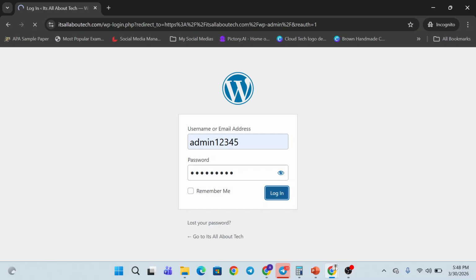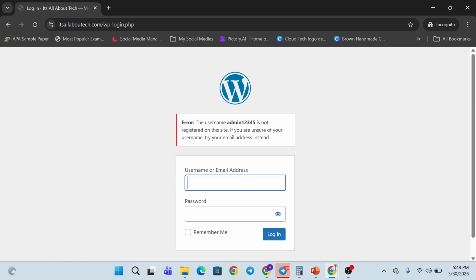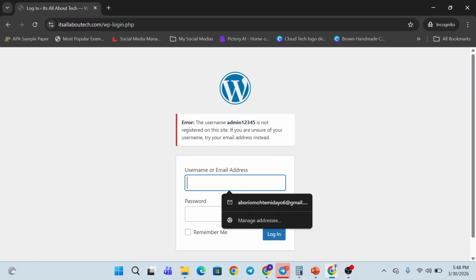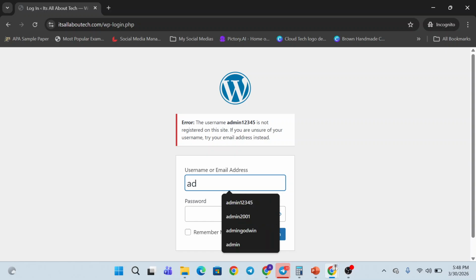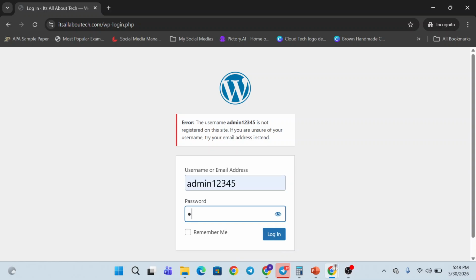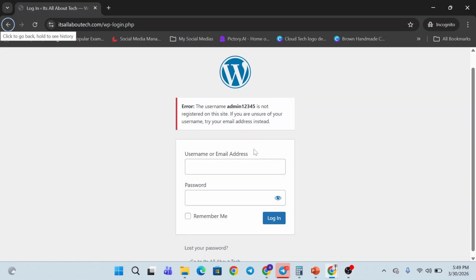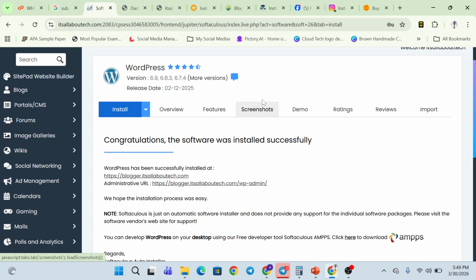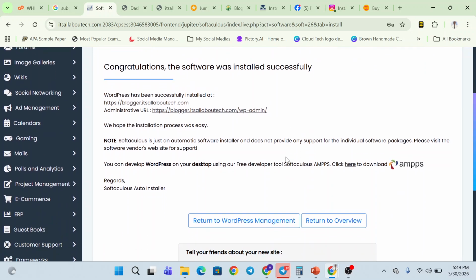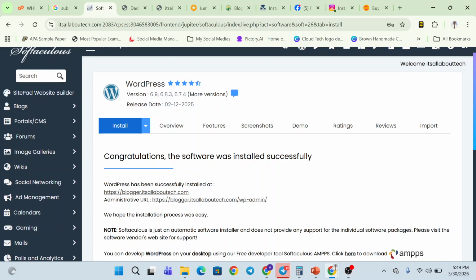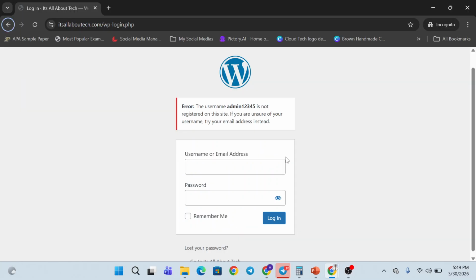Then I will log in. So it's telling me that it's not correct. Let me try it again. Wow. So I can't log in. Is it that I can't remember my password again? That's why it's very, very important that you can remember your password. But thank God that this is happening. So peradventure,